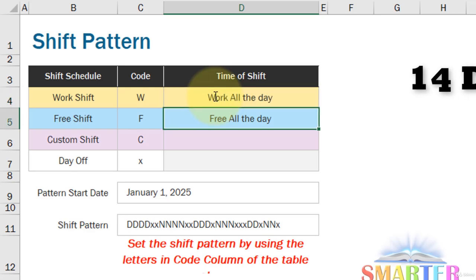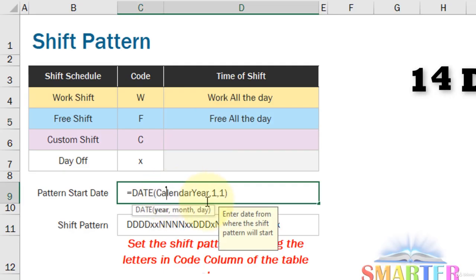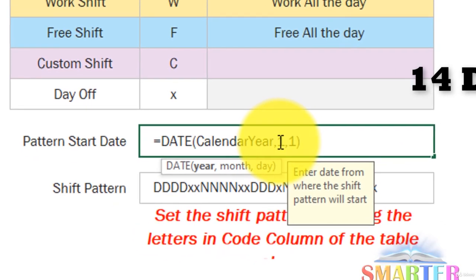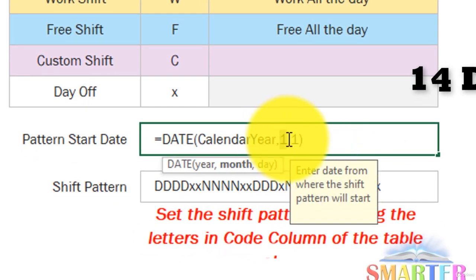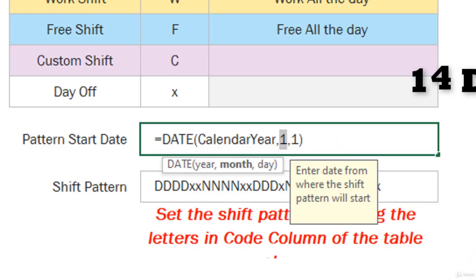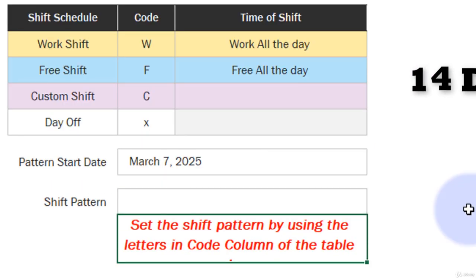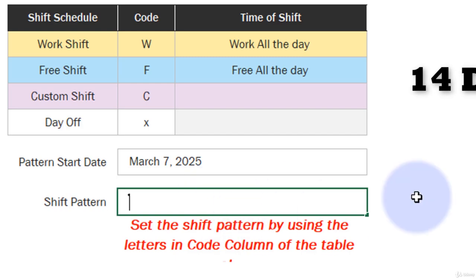And it starts from here, so change the month. I would like to change it to March. Let's make the pattern start in March, so write 3, and the day will be the 7th of March, so select the day here, 7. Then write the shift, and the shift will be